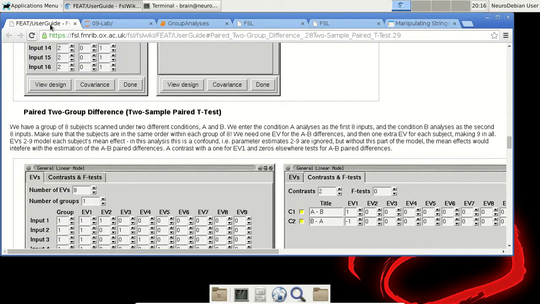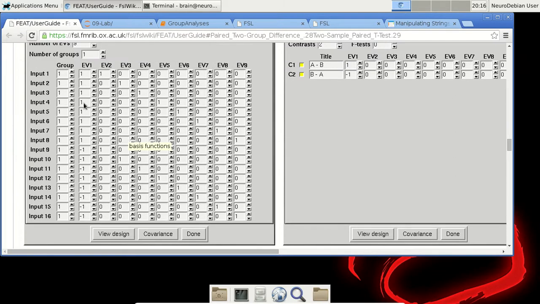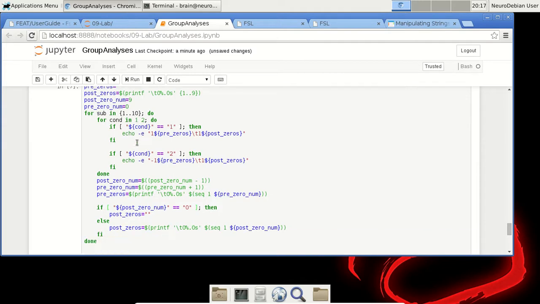Again, it mostly mirrors what we see here, except the EV1, we just do every other, since that just makes it a little bit easier. Well, that's just how I structured it programmatically. I guess it doesn't necessarily make it easier programmatically, but that's how I structured it, is that for each subject in 1 through 10, I'm going to go through each of their conditions from what they were in. So then if their condition is equal to 1, then I'm going to print